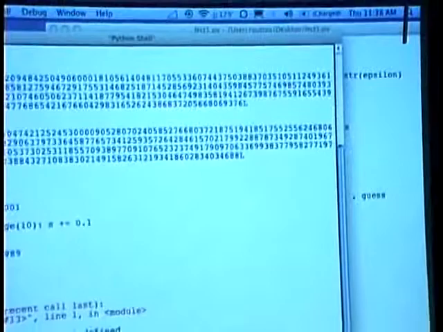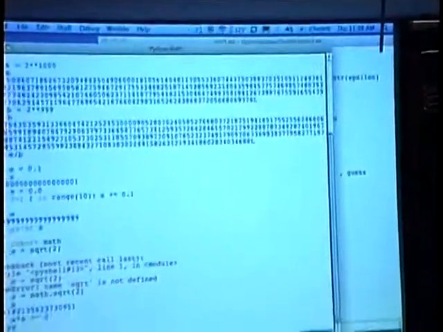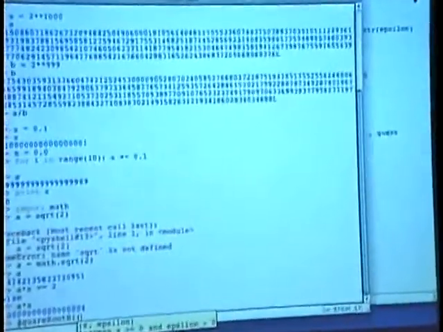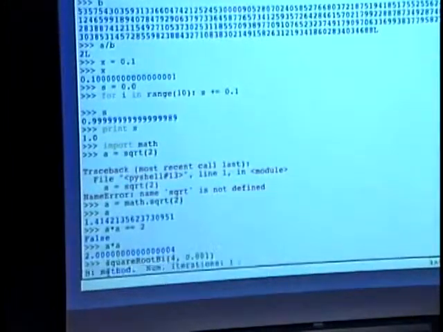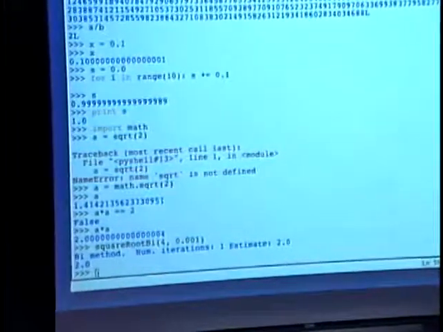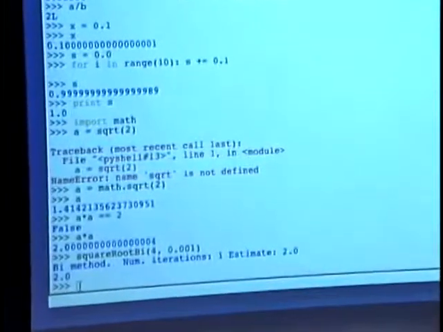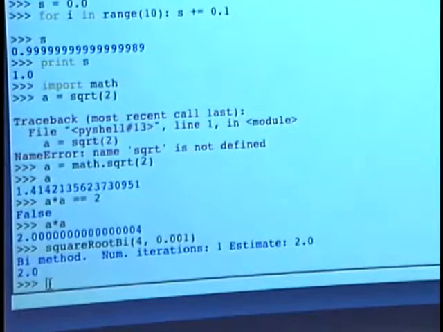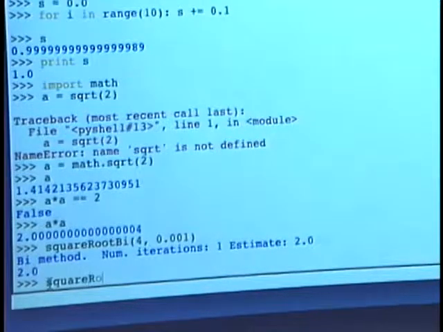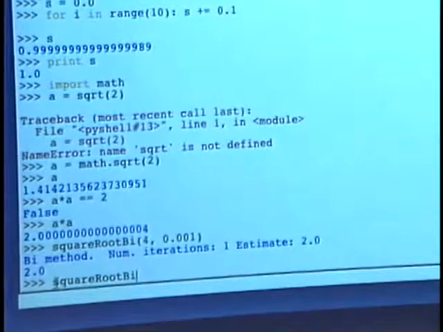Let's call square root by with 4, 0.001. Took only one iteration. That was pretty fast. Estimated 2 as an answer. We're pretty happy with that answer. Let's try another example. Let's look at